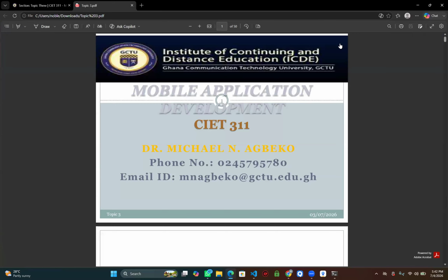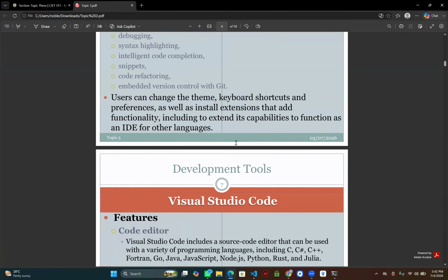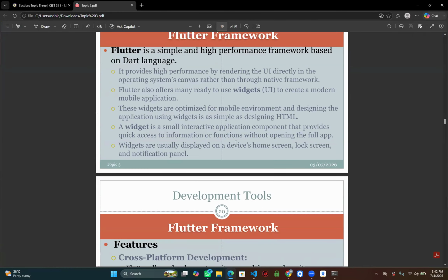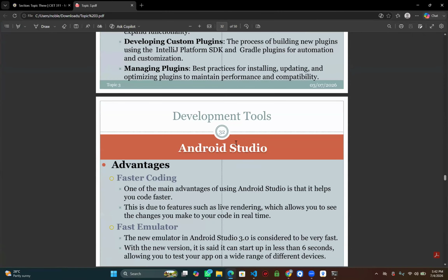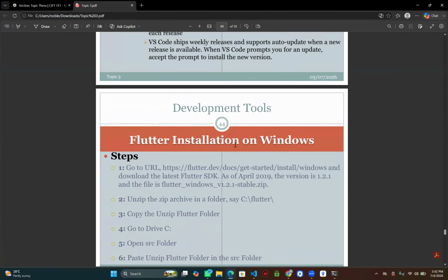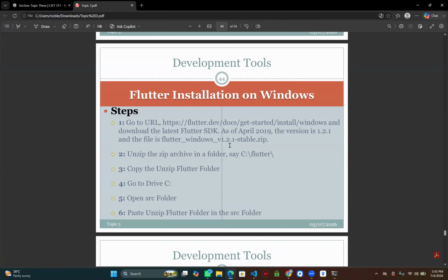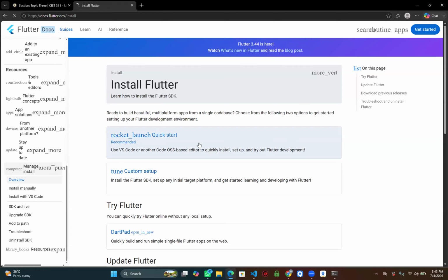Okay, go to slide number 44. Have you seen Flutter on 44? What can you see there? Flutter installation Windows, right? Yes.